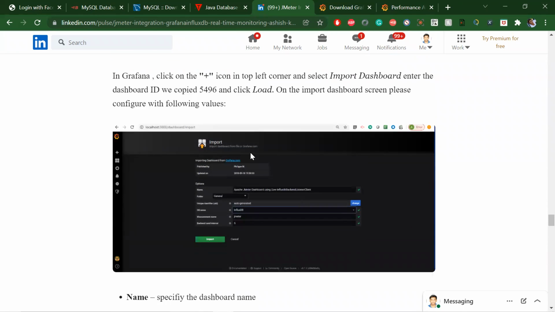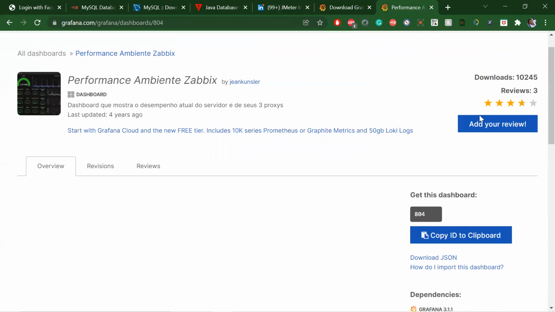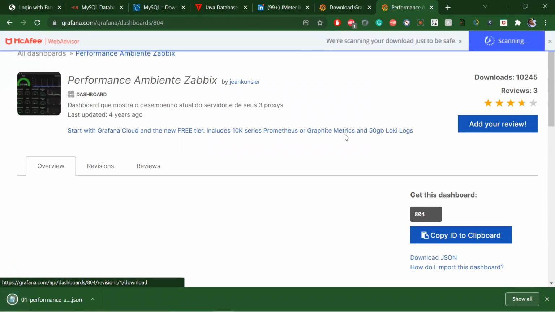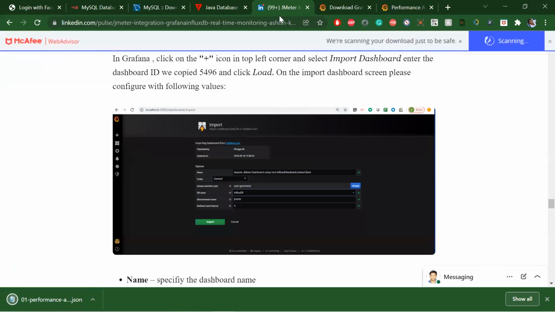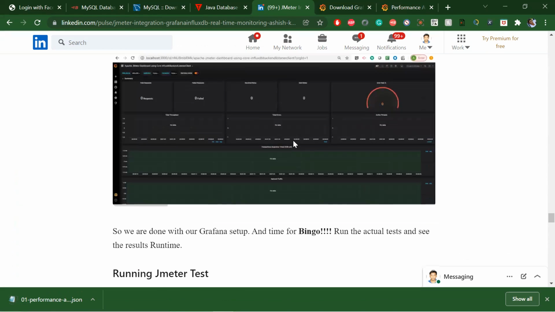So once you do that, then we'll import the dashboard. This is the import statement. We can download the dashboards here in JSON format. You can add it from the directory, or you can add the JSON as well. Either way is fine, whatever your company's policy allows. Then, based on your timeline, you can see the data you push, just change the names according to your data, and you'll get it.